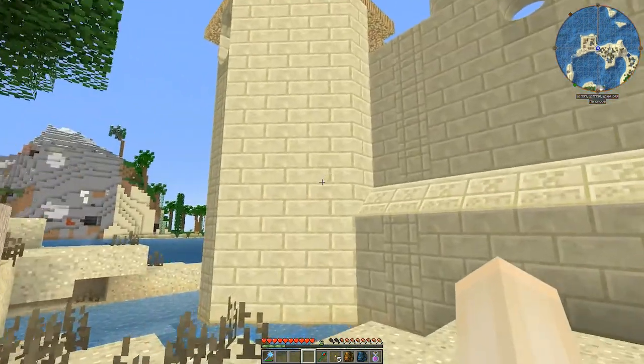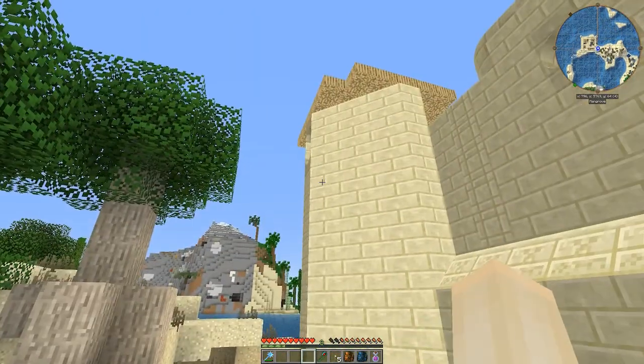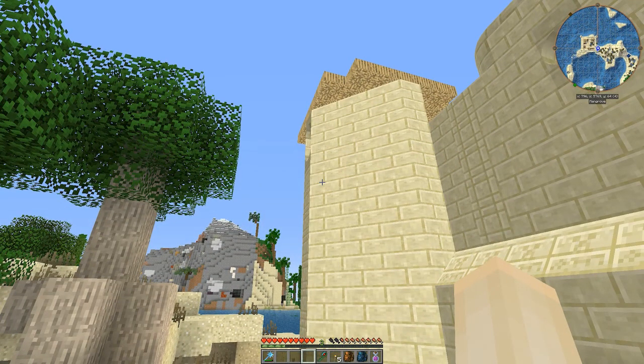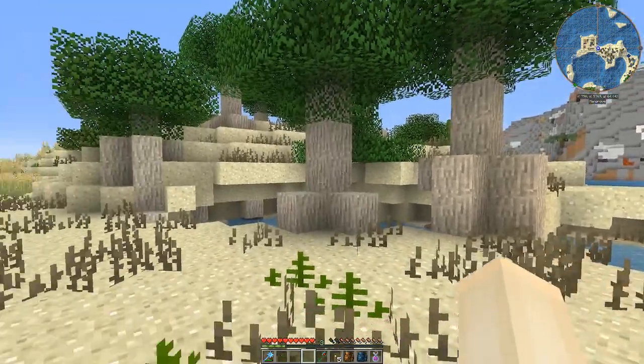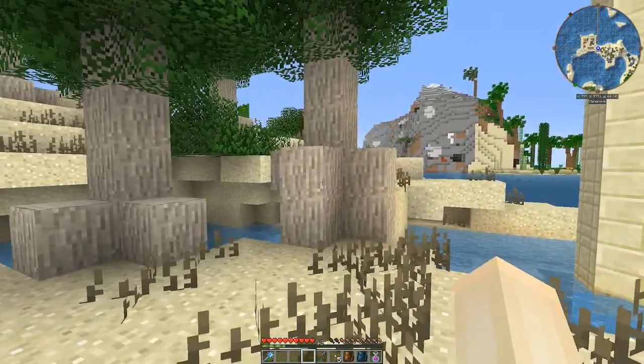It's kind of hard with these diagonal walls to get something that looks good, especially with the bamboo, since it goes wonky when it's in carpenter's blocks. But we'll see. So, like I said, the rest of the plan today is to walk through the rest of Pirates Alley,